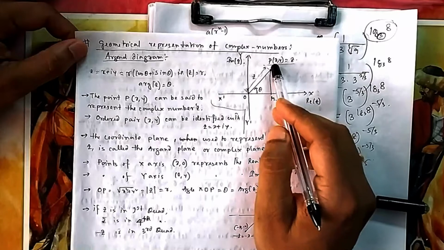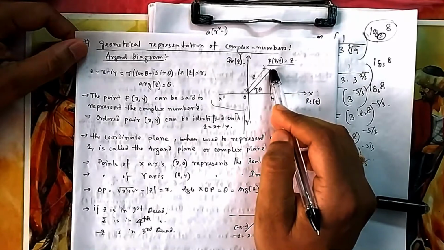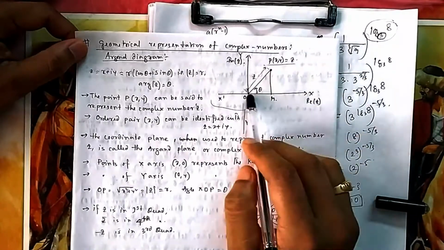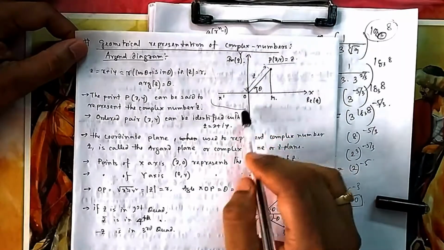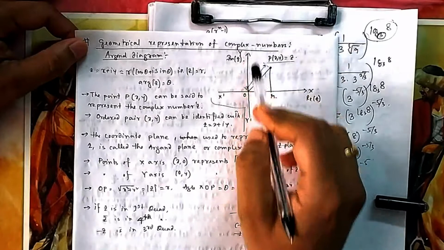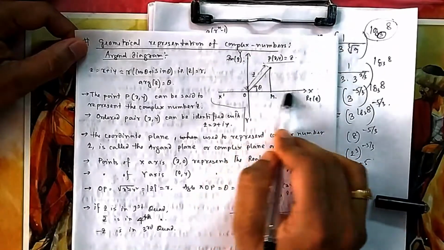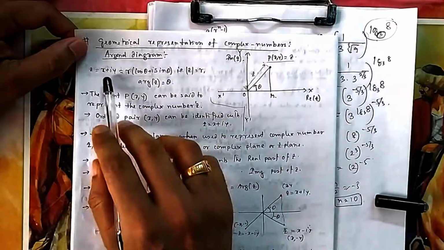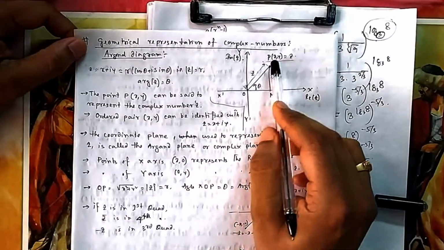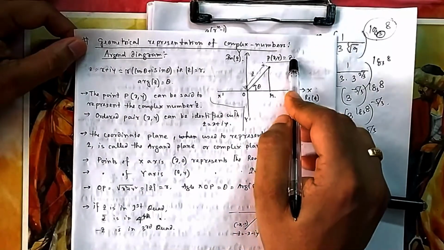Now suppose in our coordinate geometry it is the point P(x, y). In complex numbers, this is your real axis, and this is your imaginary axis. So all the real values I will write here, and all the imaginary values I will write here, because this was our number line, the real value line. This one is the additional axis coming. So this point is x plus iy, so you move x, then iy. So this point corresponds to your z value.